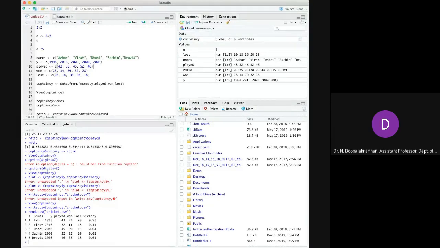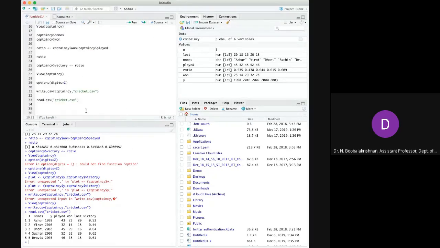Work session, set working directory to source. I will tell you that where you are copying your file is important, because this is just writing and reading. Just go to this session, just set your work directory. That means where you want to extract the file and where the file should get stored. Source file location, session, work directory.